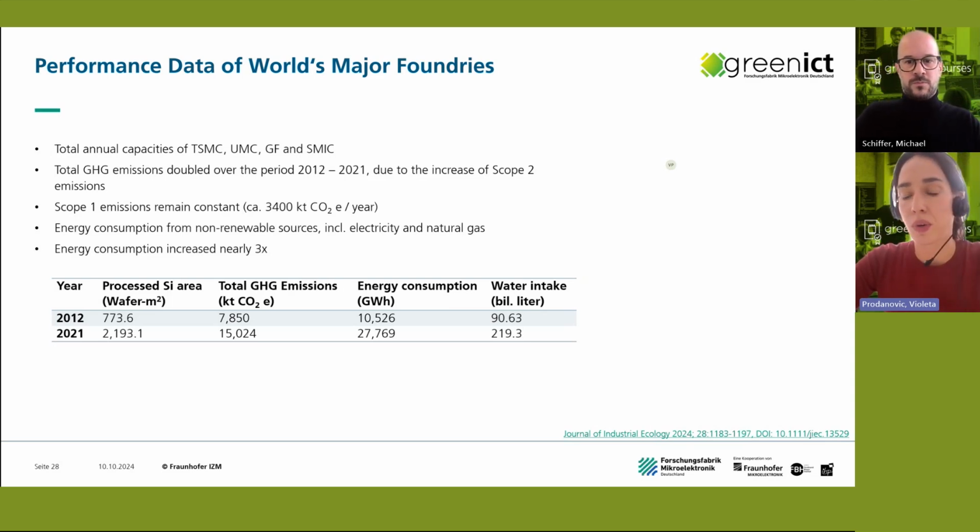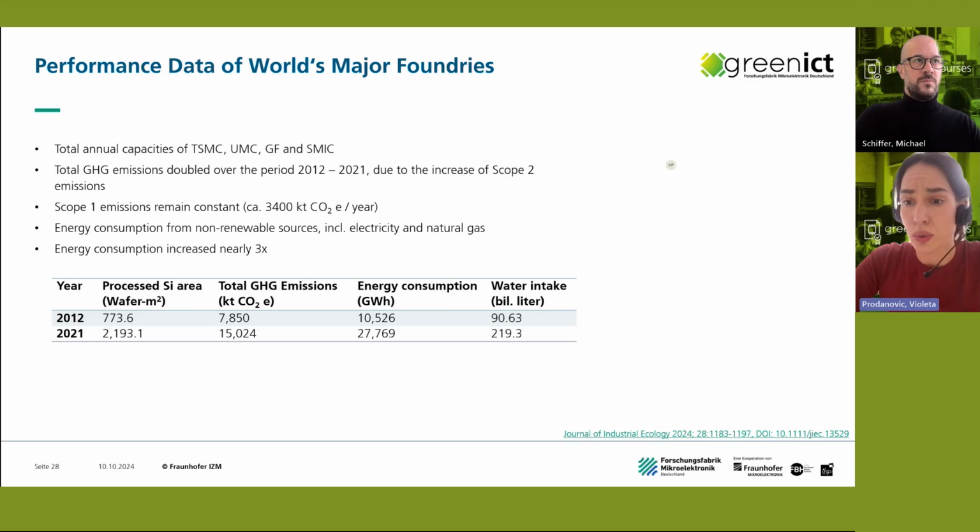The performance of the foundries was extracted for the period from 2012 until 2021, so for 10 years. Processed silicon area obviously did increase a lot, almost 3 times. So the market expanded tremendously. Therefore, also the GHG emissions did double. It is maybe interesting to note that in this case, the scope 1 emissions did remain around the same value, around